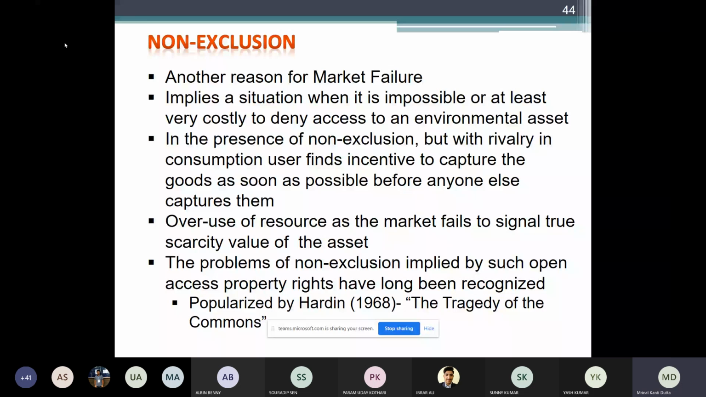People will find incentive to capture the goods as soon as possible before anyone else captures them. Because if you know that it is rival in consumption, it means if somebody makes the first use of the resource, he will get the maximum benefits out of it. And once it is being used by somebody, the amount available for others will not be there at all. So there will be a tendency for anybody to capture or make use of the resource at the very beginning. So as a result of which,